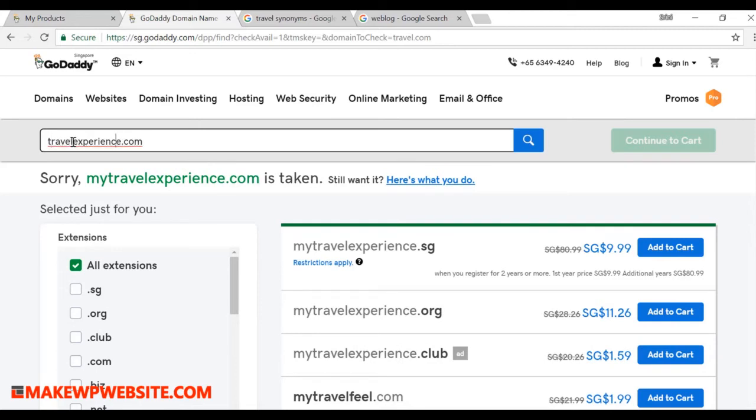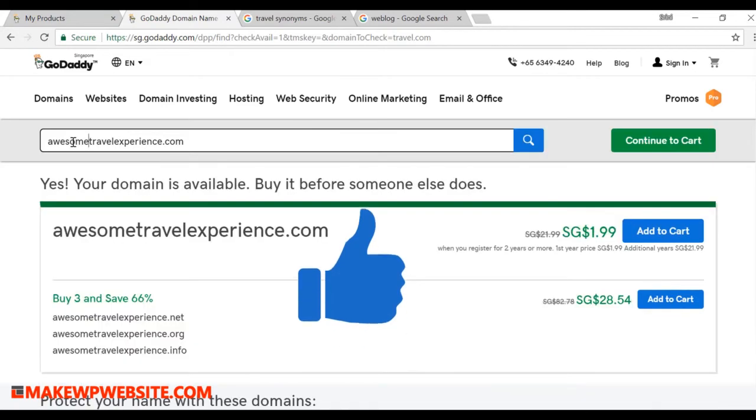You can say awesometravelexperience.com. So you can start sharing your travel experiences, but you see you have 3 words here, so you need to be careful how big your domain name is. The smaller the better, right?